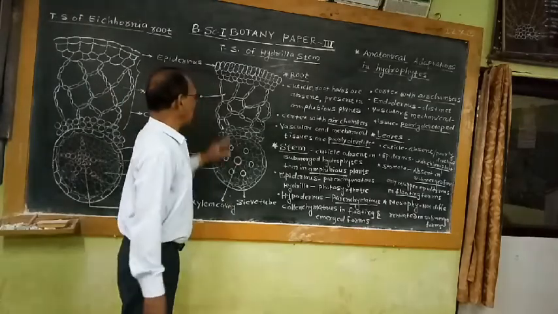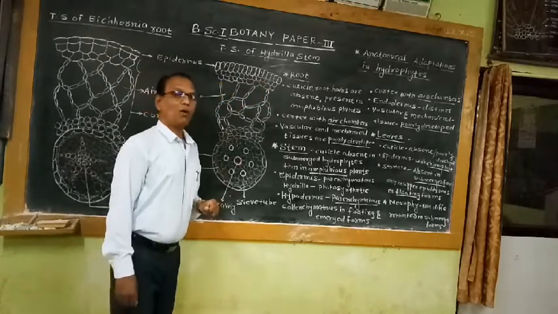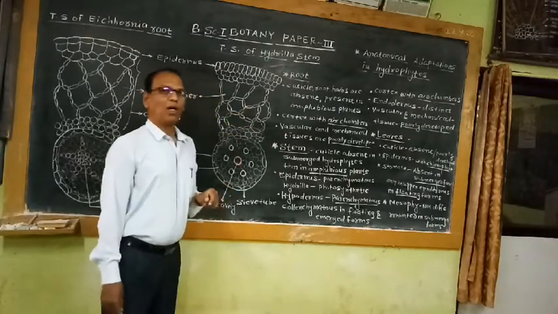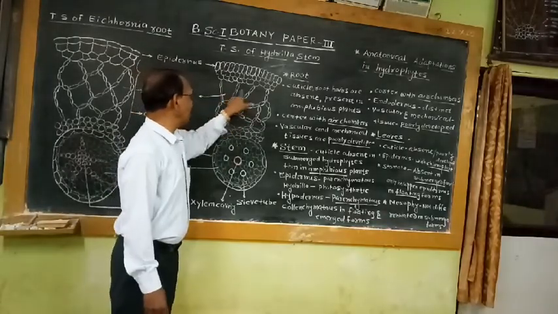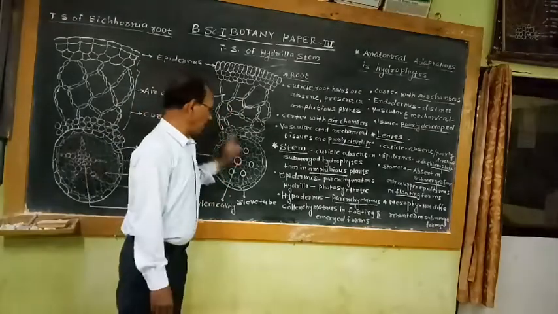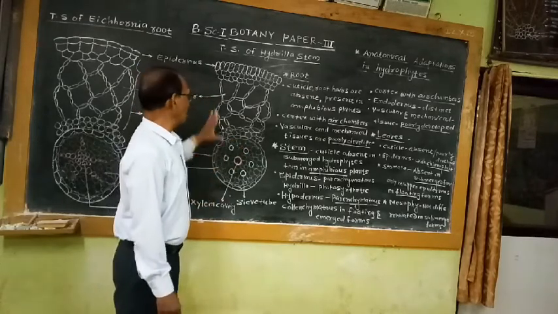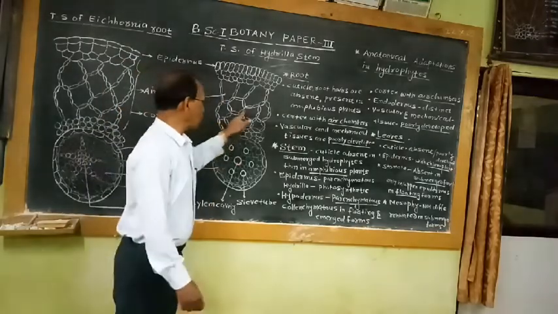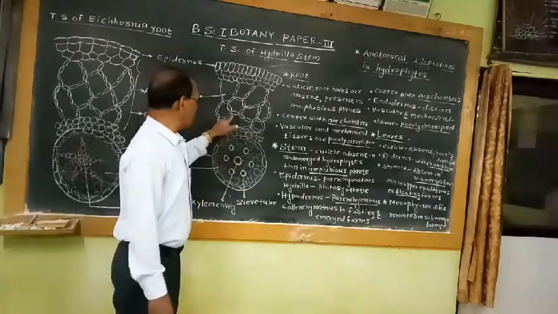As in the root, the cortex also shows three zones. The peripheral cortex is made up of thin-walled, compactly arranged parenchyma cells. The middle region of the cortex is made up of thin-walled, loosely arranged parenchyma cells, which create air chambers. That's why this cortex is aerenchymatous. The inner layer of the cortex is known as the endodermis. So, as in the root, the cortex shows the anatomical character of large air chambers, which is an anatomical adaptation in the stem also.